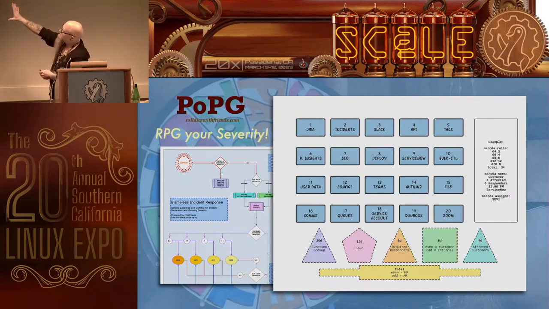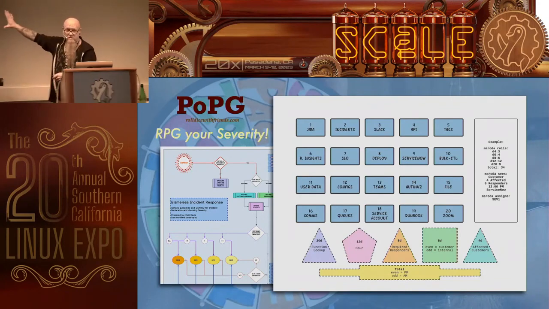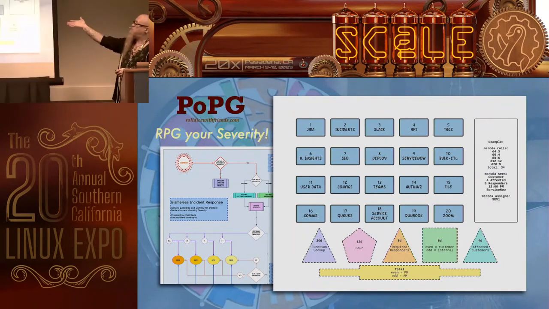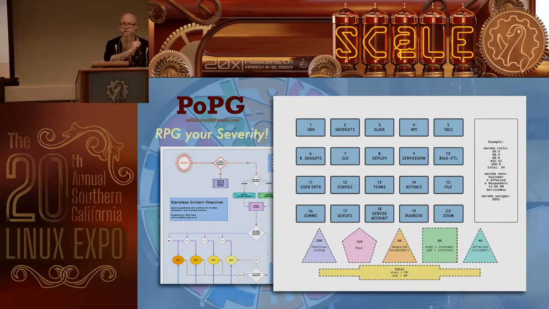And here's an example. So I rolled the die. A customer reported the problem. 4 customers were affected. 6 responders were involved with the incident. It happened at 12 p.m., that's noon, and to our ServiceNow integration. And it's a Sev1. The flow chart told me it's a Sev1. I didn't have to make a decision there. That's pretty cool.